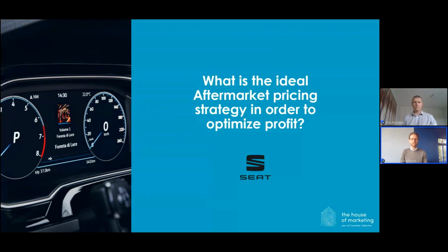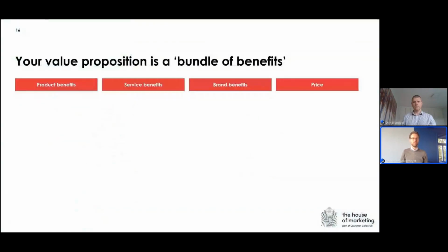And in order to answer this question, what we always do is we first start with analyzing value in the eyes of the customer. And we do this by using a framework which we call the value proposition as a bundle of benefits. Meaning that there are different types of benefits that you can think of, product, service, and brand. And those type of benefits, or the sum of all these benefits, represents or justifies a certain price in the